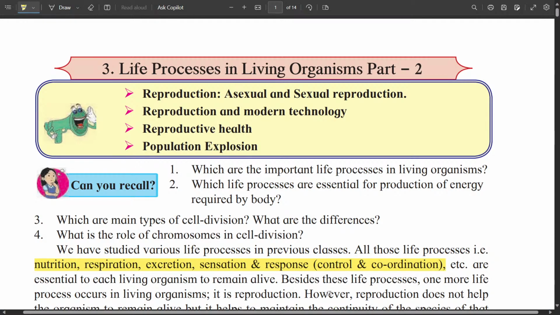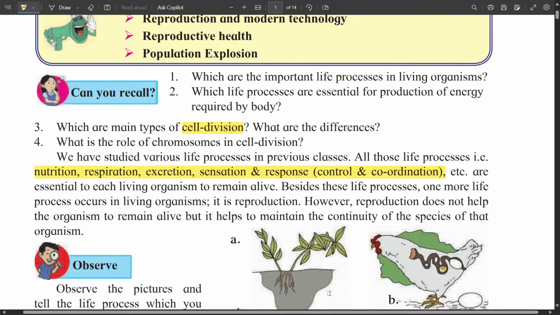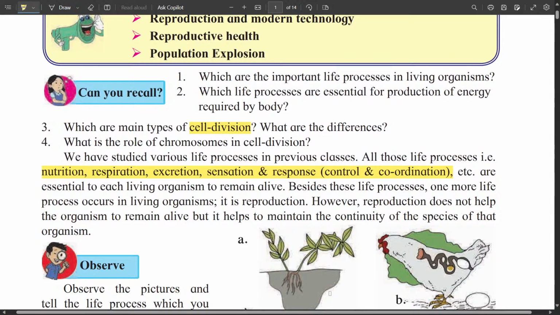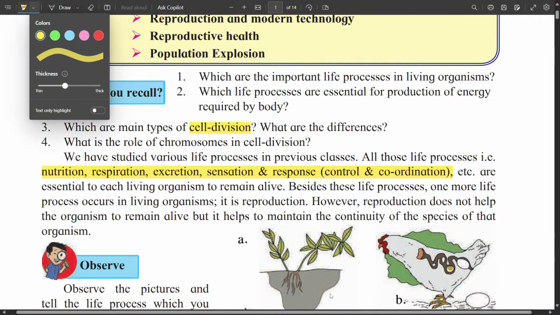Then in the last chapter we have studied cell division, that is mitosis and meiosis. We have seen that in mitosis, two cells having 2n number of chromosomes are produced, and in meiosis, 4 haploid gametes having n number of chromosomes are produced. The chromosomes are important for cell life because they store the information about the structure and function of that cell. So apart from these important life processes like nutrition, respiration, excretion, sensation and response, there is one more